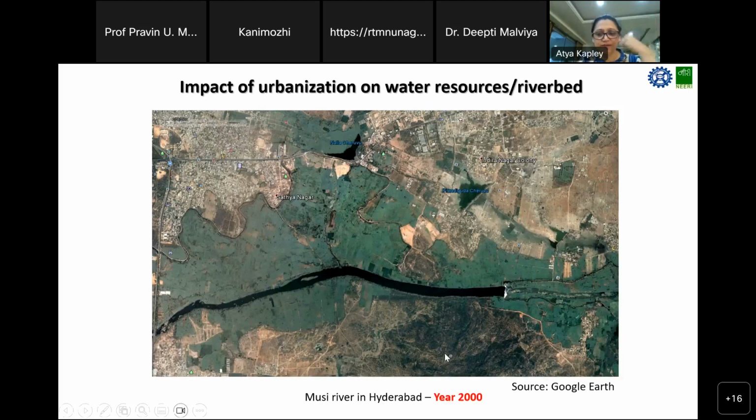Now, this is a Google Earth image of the Musi River in Hyderabad. This black line that you can see is the river. Now, water looks black when you view it from very high. So now you look at this river, and all these white dots and squares that you can see is all the built up. So around the river, even in the year 2000, not so far back,